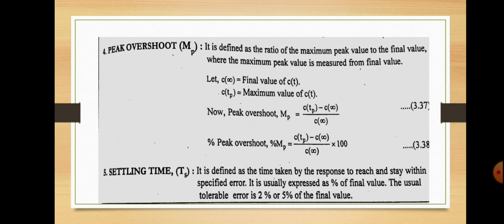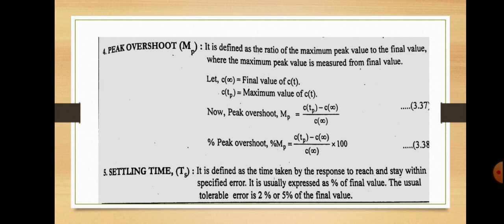Next is the peak overshoot, Mp, and it is defined as the ratio of the maximum peak value to the final value. That means peak overshoot is a ratio, and it is the ratio of the maximum peak value to the final value, where the maximum peak value is measured from the final value. So let's see, C of infinity is the final value of C of t, and C of Tp is the maximum value